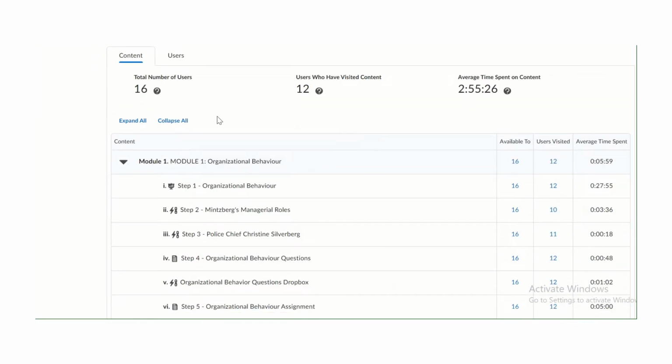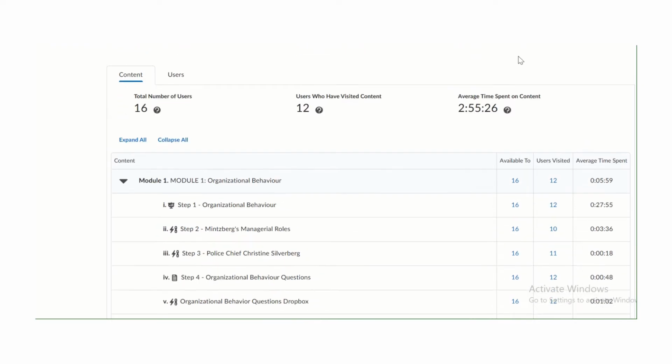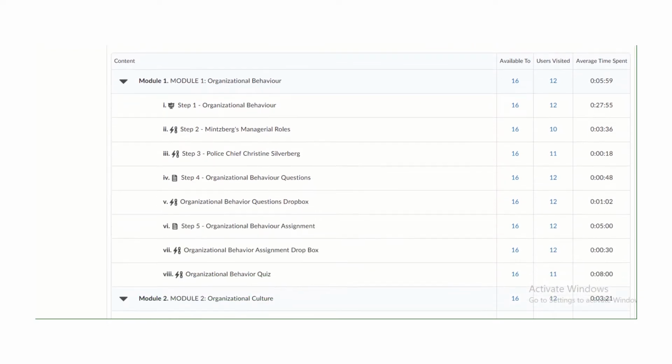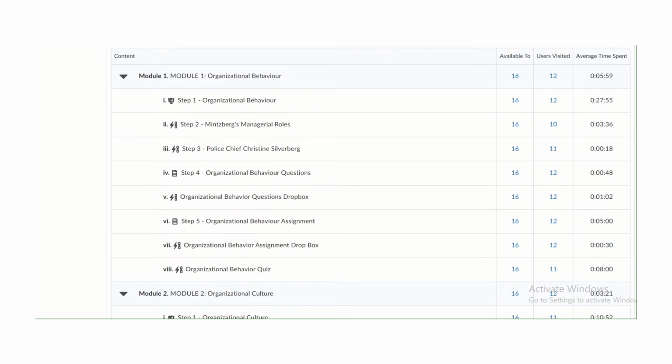So it tells me a little bit about the content and the number of users. It does tell me the average time spent on all of the content is 2 hours 55 minutes, and that's all of the content in SAM. And then it breaks it down by each module and each component within. So it shows that it's available to 16 users and that 12 of them have visited. And on average, the time spent is 5 minutes 59 seconds on this